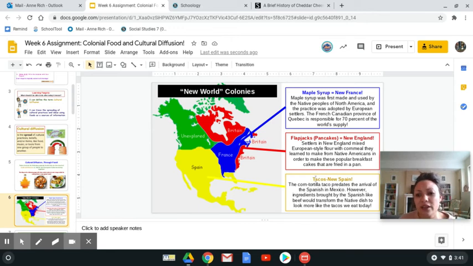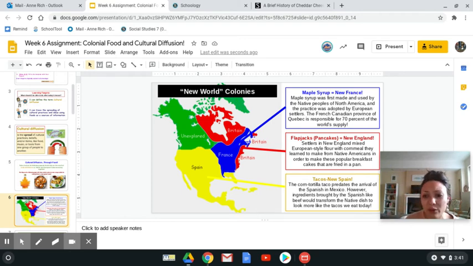And lastly, I just wanted to talk about tacos. Tacos are probably my favorite dinner, except for my favorite recipe, which is at the bottom of the slideshow. Tacos have a pretty complicated history. We know that corn tortillas, in particular, are going to predate the arrival of the Spanish in Mexico. So when we were learning about Hernando Cortez and the Aztecs, they were already eating corn tortillas before that time.